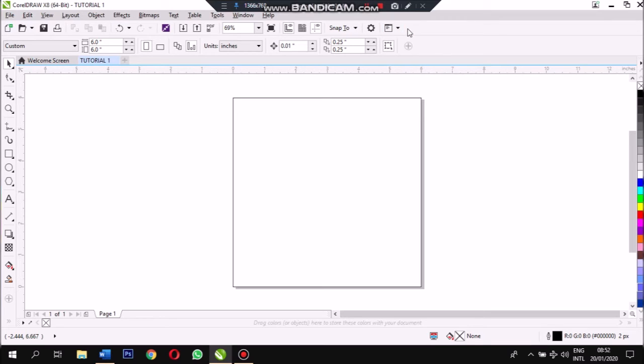Beneath the menu bar, we have the property bar. On the property bar, we have the options for the tool which we are currently on. The property bar changes depending on the option we are working on. So let us go to the toolbar. The toolbar is on the left hand side of the CorelDRAW workspace. We have the first tool, the pick